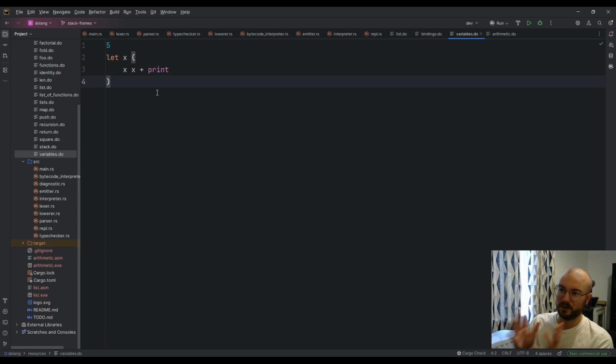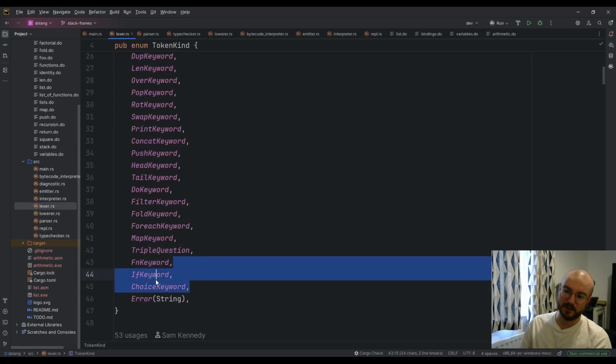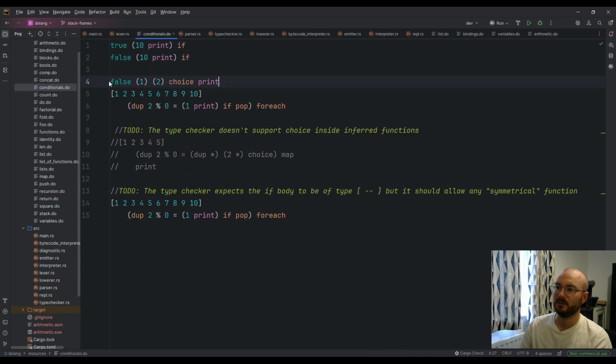So I think storing and loading should work for this, and then we get variables in do. So first thing we need is a new keyword. These were the control flow keywords, if and choice. And actually, I think I have conditionals. Yeah, this is what they look like, and I'm not sure if this is how I really want them to be,